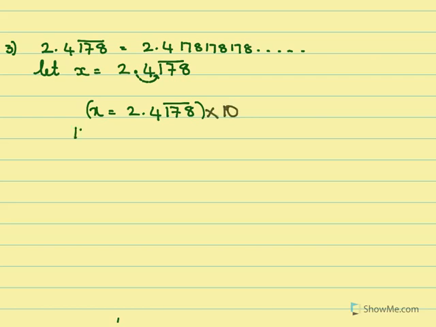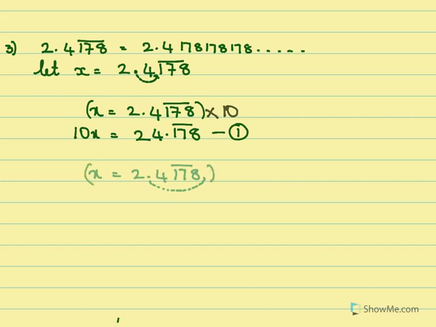On multiplying it by 10, I will get 10x equal to 24.178 bar. I can put this as equation 1. Now I again take x equal to 2.4178 bar. Now I need to get this decimal after the recurring, so I need to multiply it by